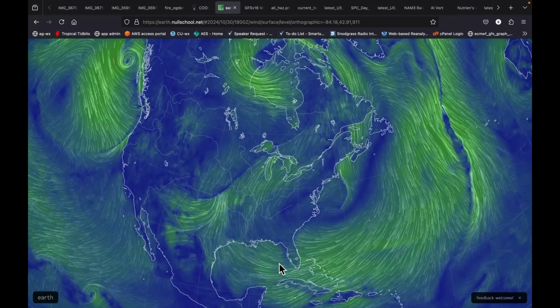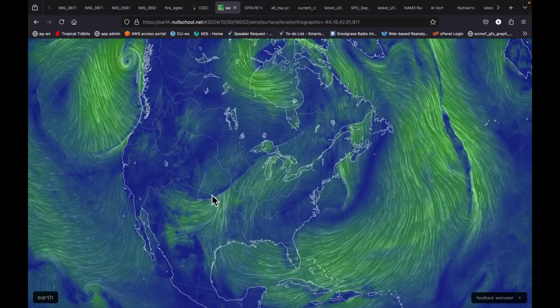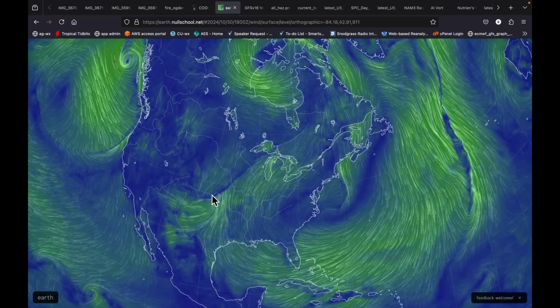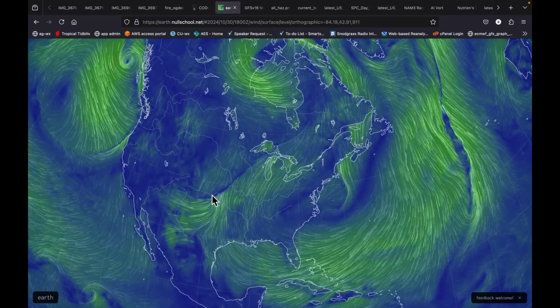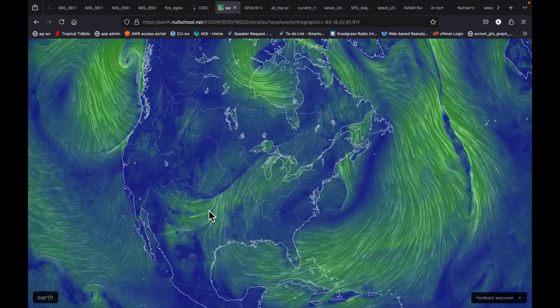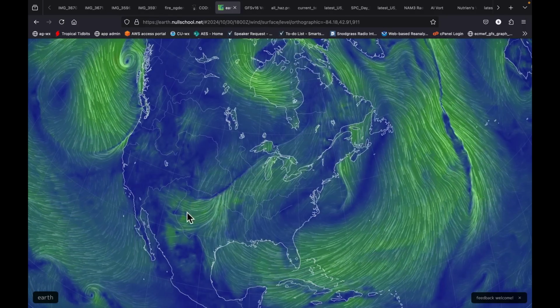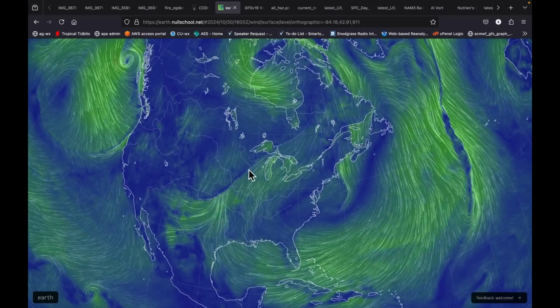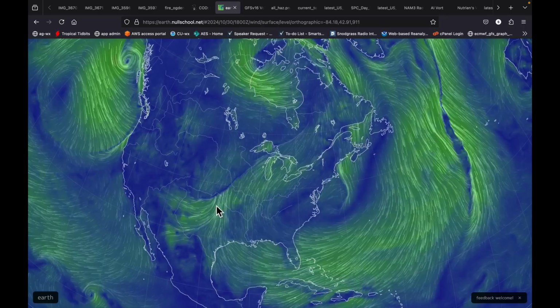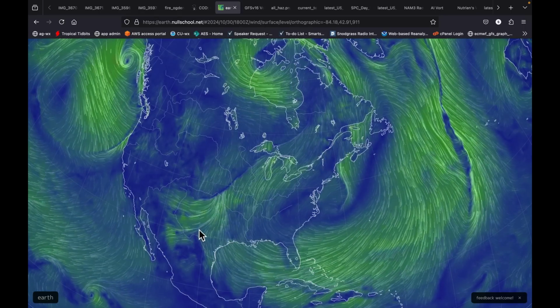Now, if you would have shown me this in May, I think we would have been talking about a high-end severe weather event here. But it is late October, and the atmospheric stability is very different now than it is in May. It's much more stable. While there will be severe weather today, it will be strongly forced along this boundary rather than extremely widespread out ahead of the boundary, along the dry line feature, which is here, which is what would happen if we were in the heart of the severe weather season.